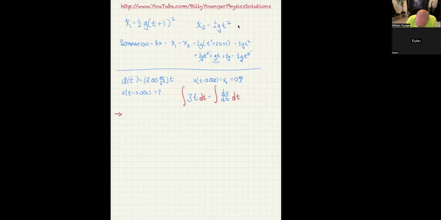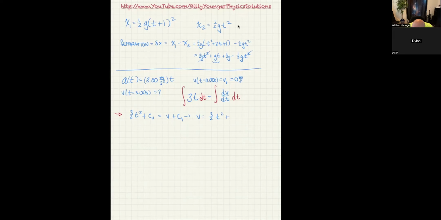Gotcha. Well, if you integrate 3t, that becomes 3/2 t squared plus, let's call this constant C0. And if you integrate the integral of dv, that just gives you v. And again, you're supposed to have plus a constant of integration, so you can just put that on there. Then you can rewrite it and say that v is equal to 3/2 t squared plus